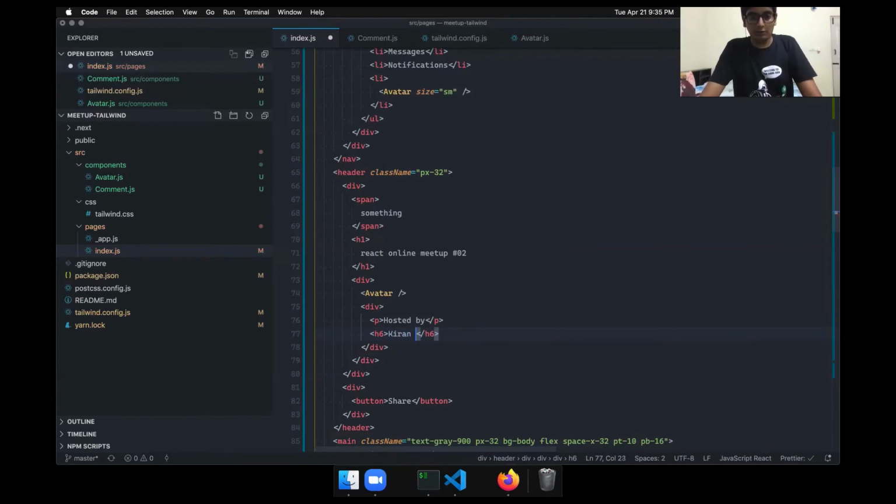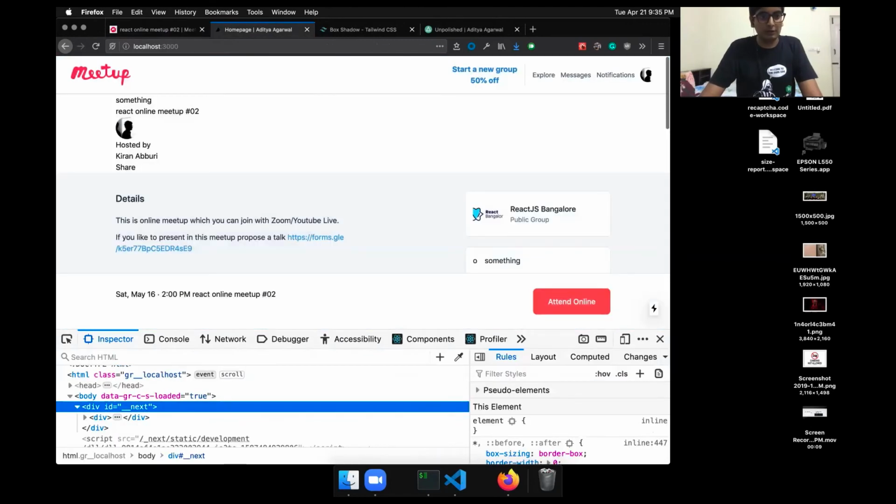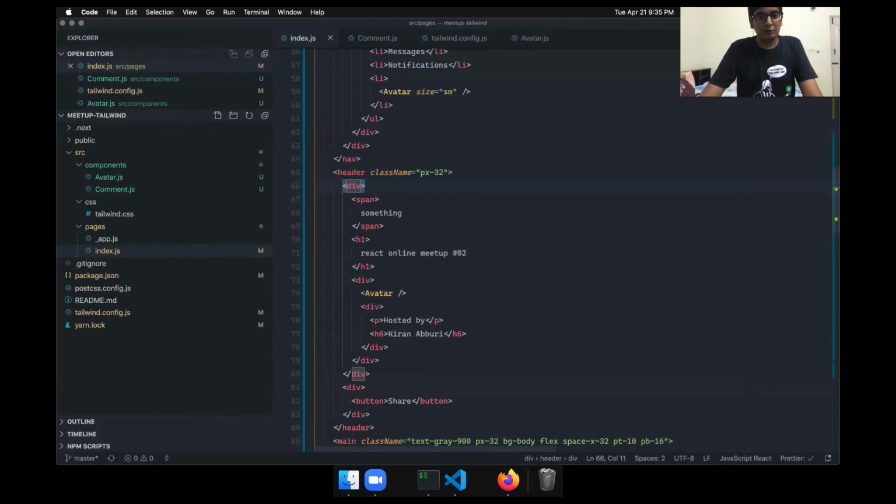And now we have done this. Let's see how it looks. Obviously, everything is in a row. What we want is that this something is on the right. Now this div should be flex, and there should be some gap. So space x4.